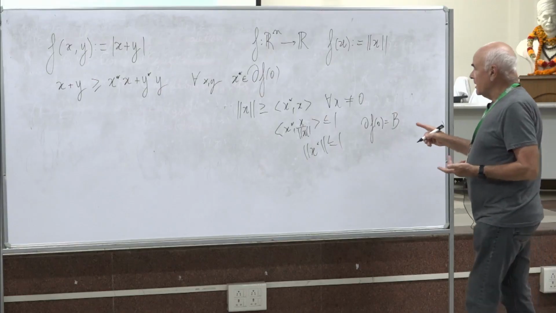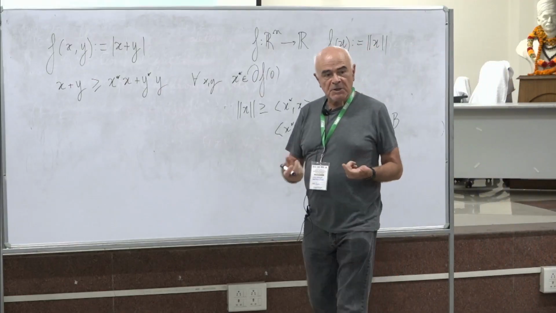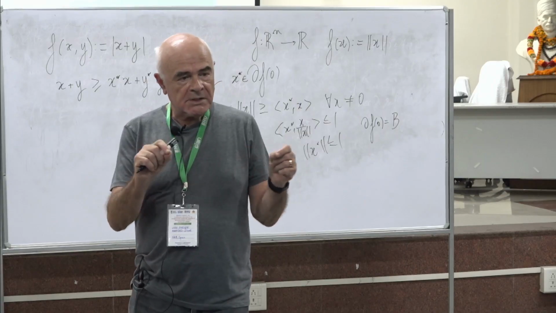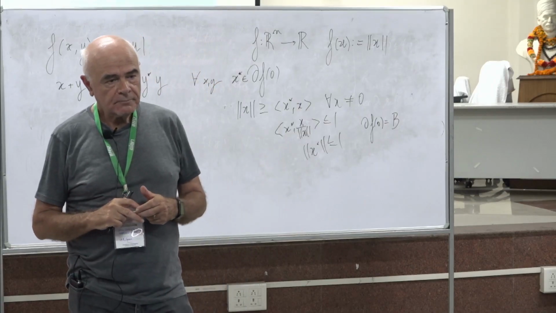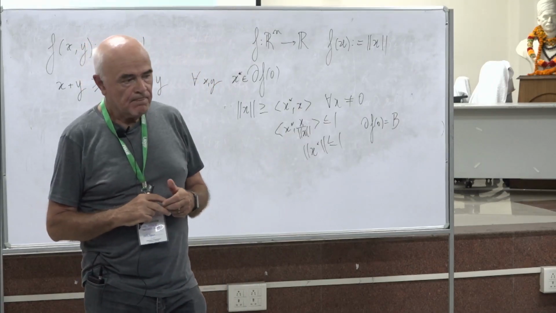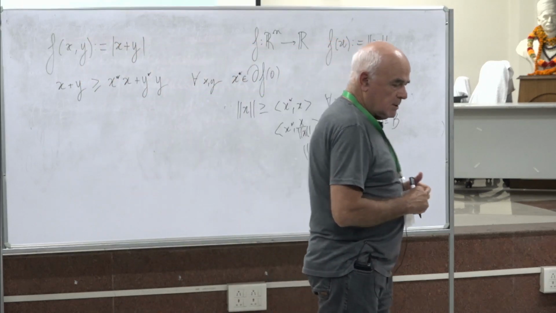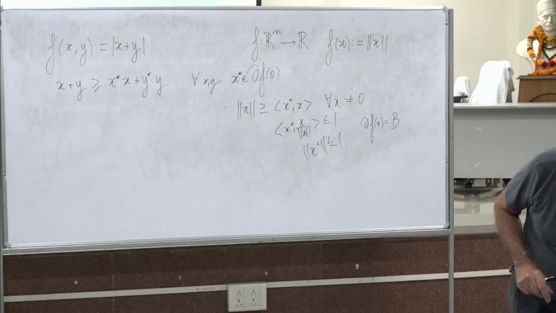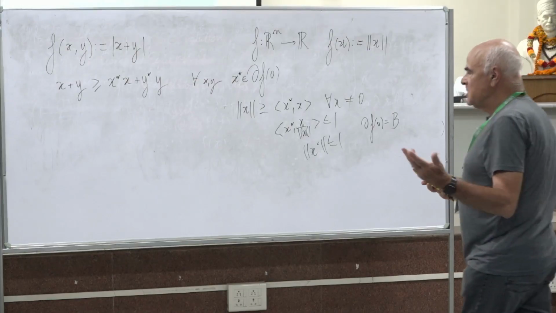of which the case I mentioned this morning is a particular case, because for one variable, the unit ball is the interval minus 1, 1. Okay? Well, it's okay. So any other question about what we have seen so far? Okay, this morning